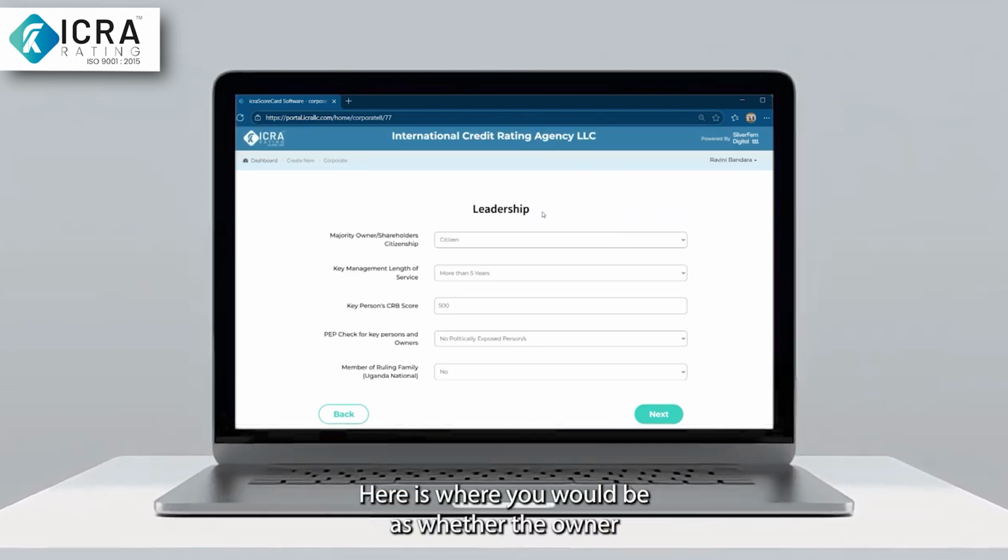Here's where you would be asked whether the owner or shareholders are citizen or non-citizen. The key management length of service could be less than a year, 1 year to 3 years, 3 years to 5 years, or more than 5 years. Then the key person CRB score, and the PEP or politically exposed person check for key persons and owners, and members of a ruling family. This is a yes or no question. Then when we click on next,